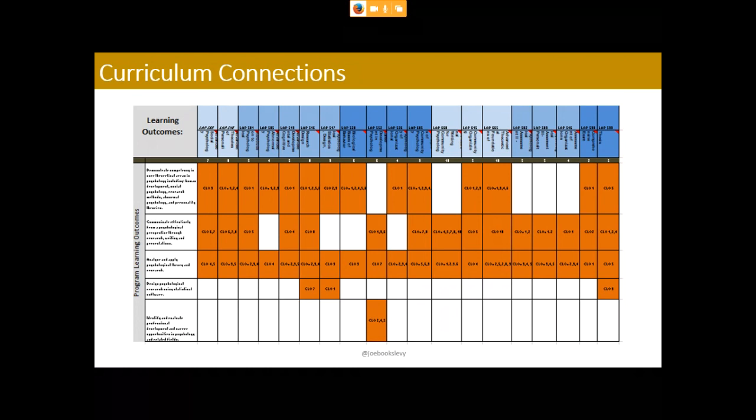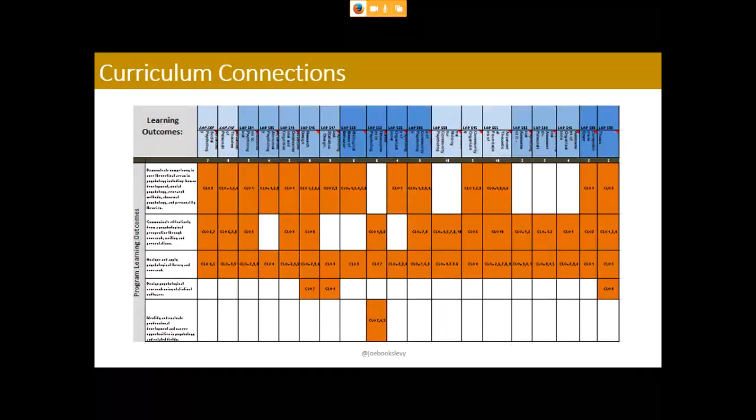So that they know if they wanted to look at how this program learning outcome shows up in this course, they know to look at the materials in that course connected to the course learning outcome 5, which could be a reading, it could be a quiz, it could be a paper, but they know then when they look at the syllabus if they want to focus there. But I show this here to show then the representativeness of the program learning outcomes across the course.